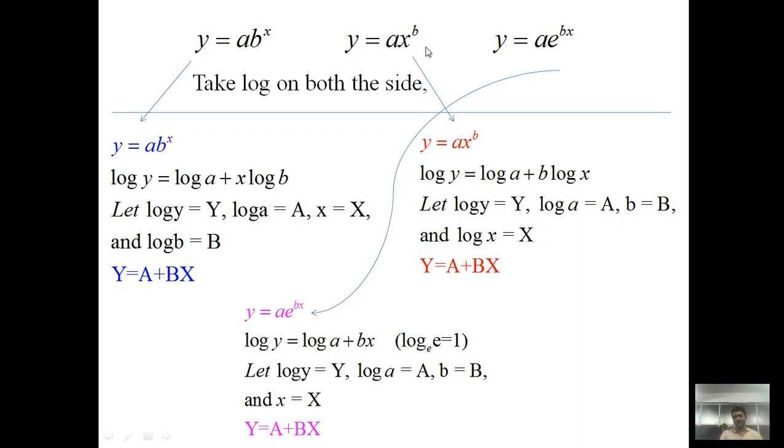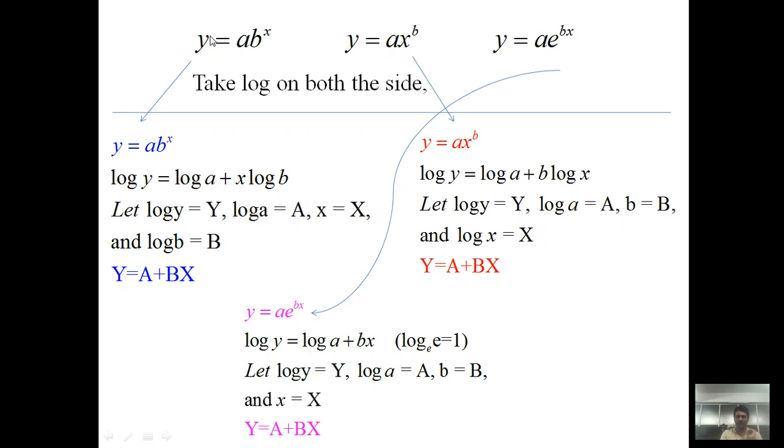Similarly, if there is this type of form, y is equal to a into x raised to b, again apply log on both the sides. So log y is log a plus b into log x. We have to use some property of logarithm. For the sake of convenience, assume small log y is capital Y, log a is equal to capital A. Just for the matter of unity, say small b is equal to capital B, but it's not mandatory to assume this transformation. And finally, log of x is equal to capital X. So this non-linear equation is reduced to a linear equation, y is equal to a plus bx.